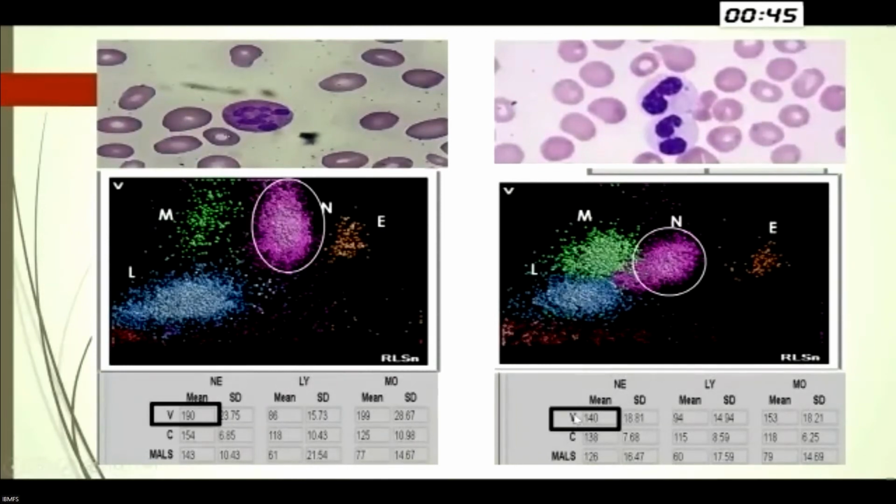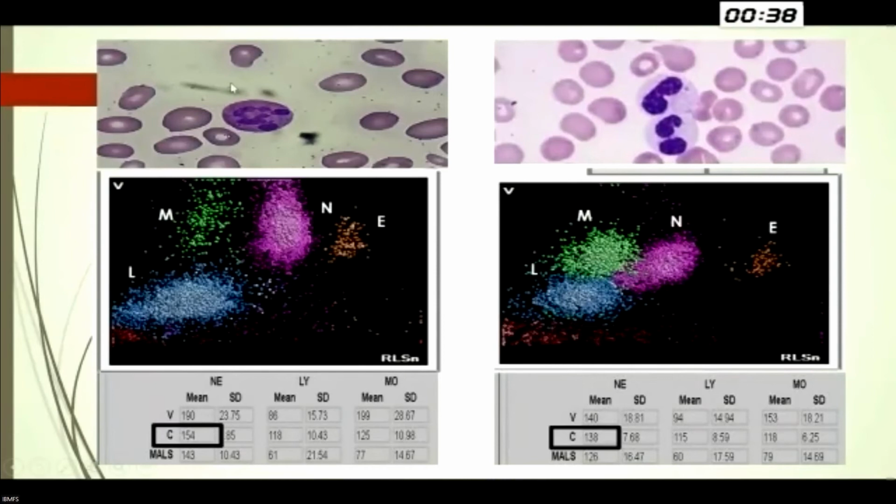140. Conductivity corresponds to the nuclear lobes. So this is a hypersegmented neutrophil, and the conductivity is significantly high, 154. Whereas in MDS, the conductivity is reduced because of hypolobation. It is only 138. Looking at the scatter parameters, which indicates the granularity,